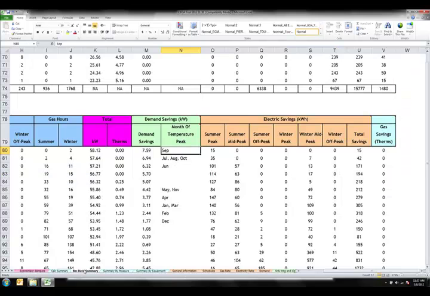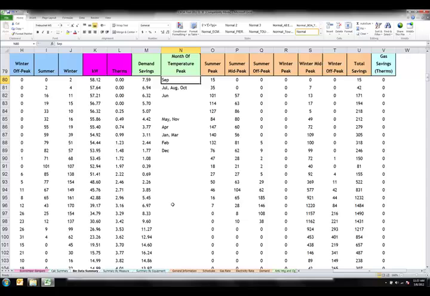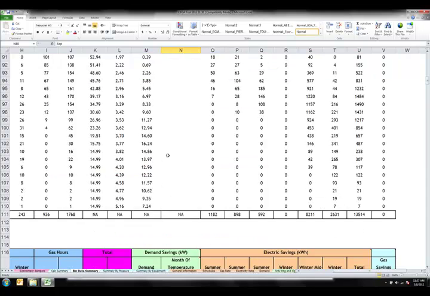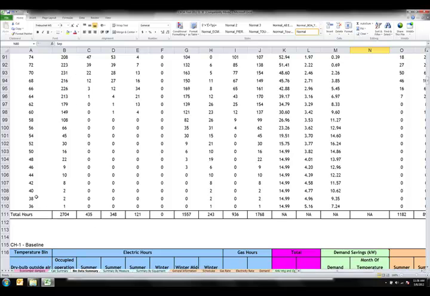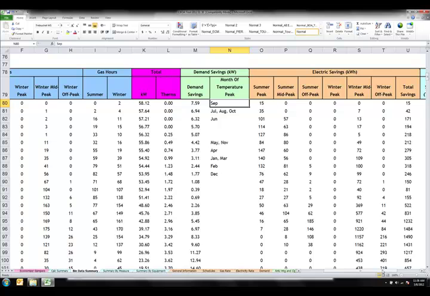Okay, let's go back to our bin data summary. If you did that, you would see the months that you chose low down here at a lower outside air temperature, depending on which ones you chose. Your low temperatures down here. This month of temperature peak influences the total demand cost shown on the summary by equipment tab,